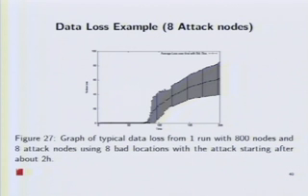Also, the above and below lines are the standard deviation because we did this over average runs. So you can see that sometimes it's a lot more drastic and sometimes it's less. This is because we don't choose our malicious nodes in any way. We just randomly choose them. So we don't know exactly what the topology looks like when we choose them.